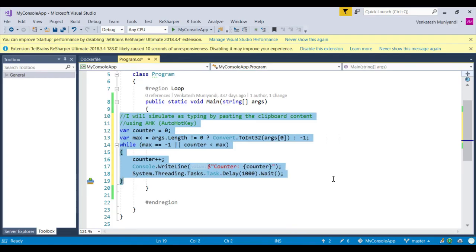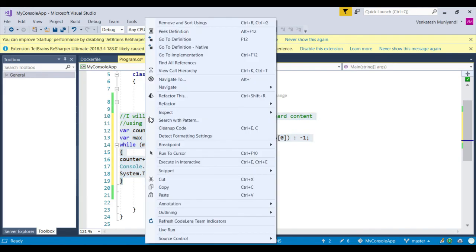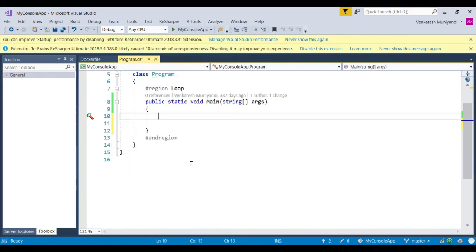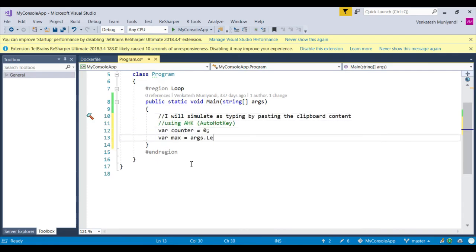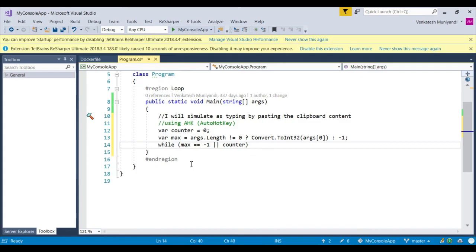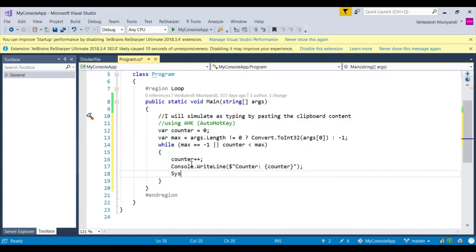Here in this scenario, I just pre-type the source code that I want to demo and just copy or cut it from the IDE before I start recording. During the recording, I will just paste it into the IDE. The AHK custom script that I have written will trigger on Ctrl+V, that is the paste command, and then the script will take care of pasting the content from the clipboard to the IDE by pasting letter by letter. So this will simulate or look like I am typing into the IDE fresh.